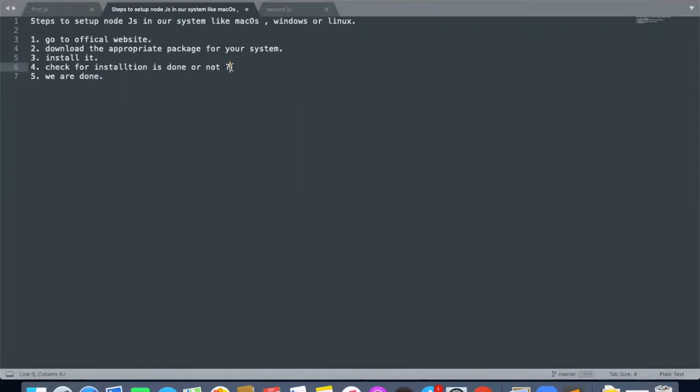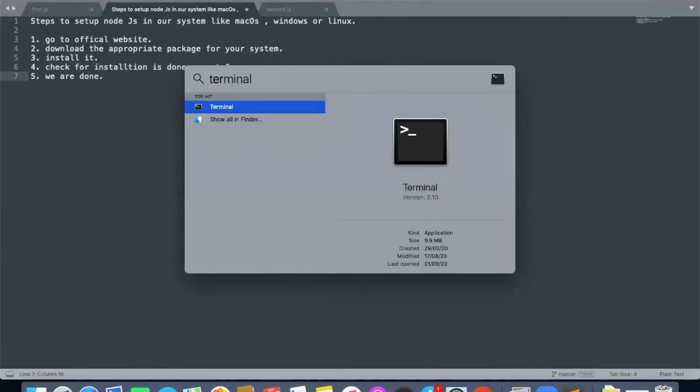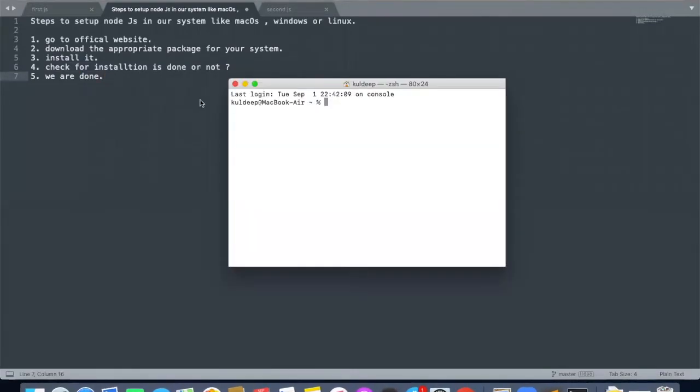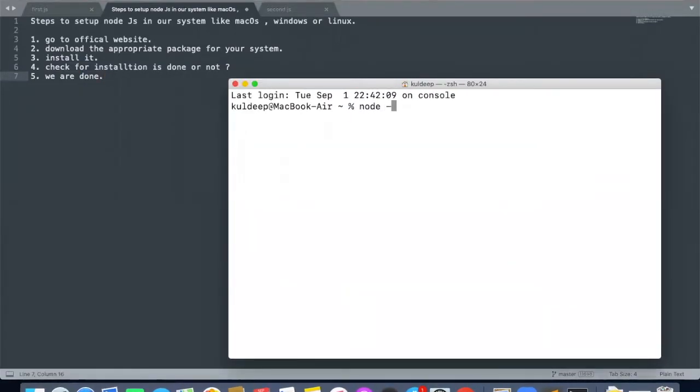Now, what do I need to do? I need to check whether the installation is done correctly or not, right? So how can we check that? I just open the terminal if you are using a MacBook, or if you are using the Windows operating system, open the command prompt. Now, just simply write node -v. It means the same in different operating systems as well, guys. Just write node -v, whether you are using Linux, Windows or macOS. When I run node -v, guys, I get the latest version which I have installed, that is 12.18.3.